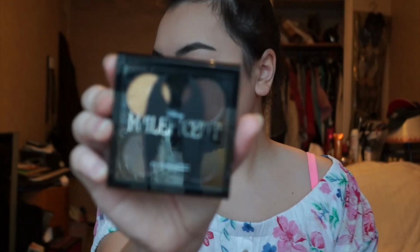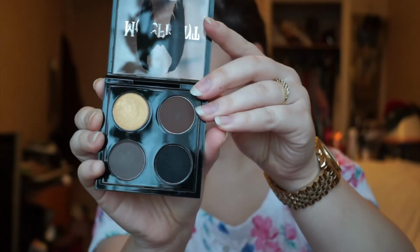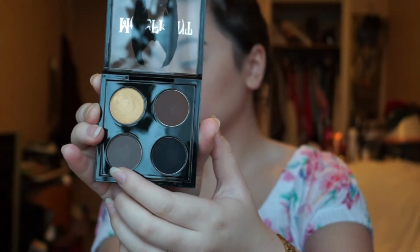So for the eyeshadow, I'll be starting off with MAC's Maleficent, however you say it, palette, and I'll be taking the matte grey, and I'm just going to be starting off by blending it on the outside corner of my eye just to start with the elongating